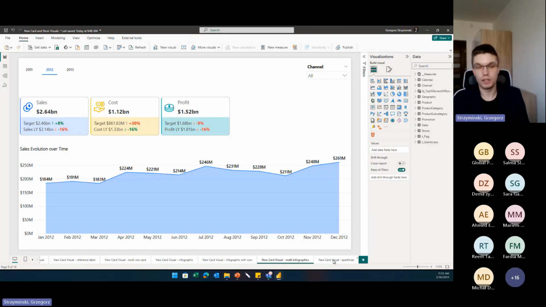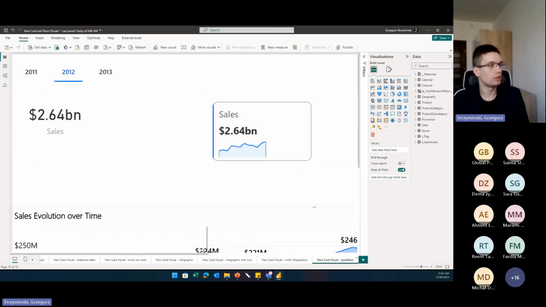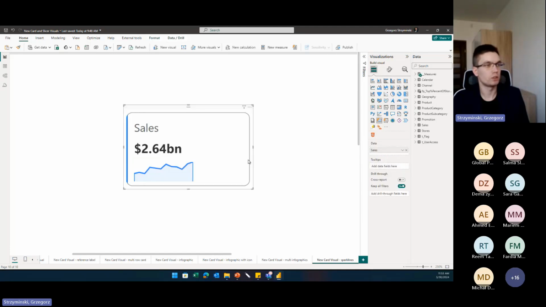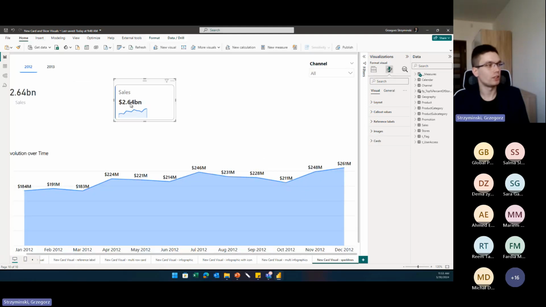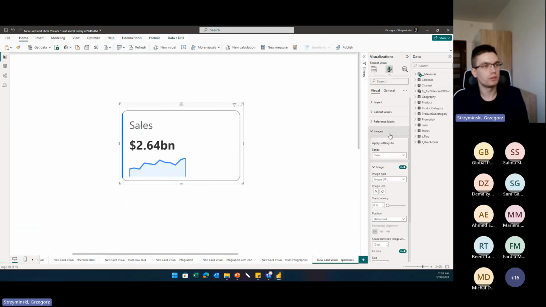Okay, and the last part now is something that's a sparkline. So this is a feature that you might have seen in tables, in matrices, and so on. So here I have a little chart inside. This is actually the sales chart, so a miniature version of what we have below. If you look closely, you can see the correlation. So how do we have this done? In the images part,